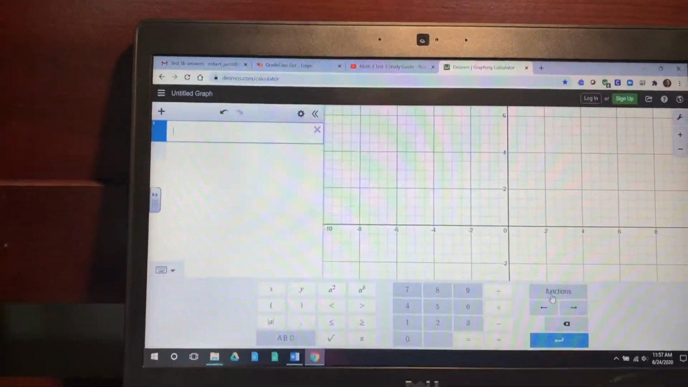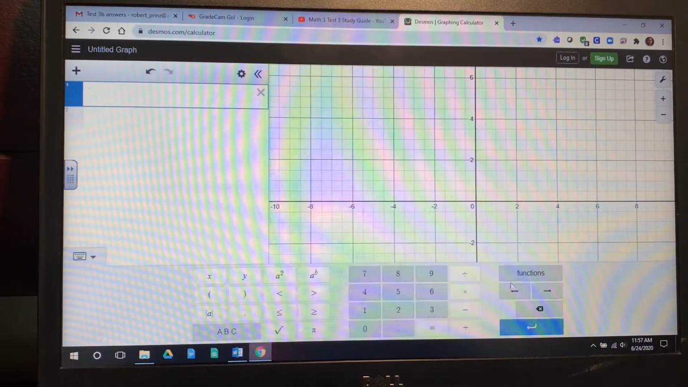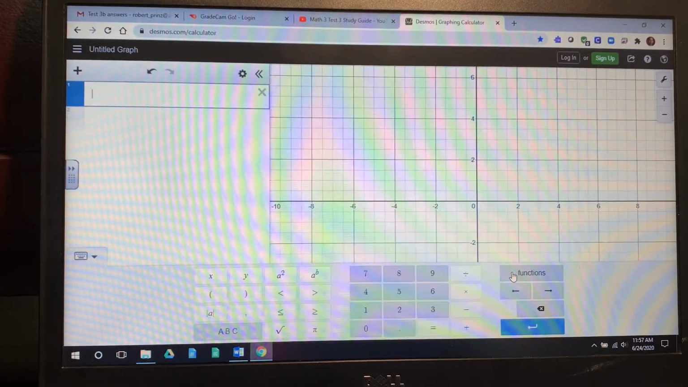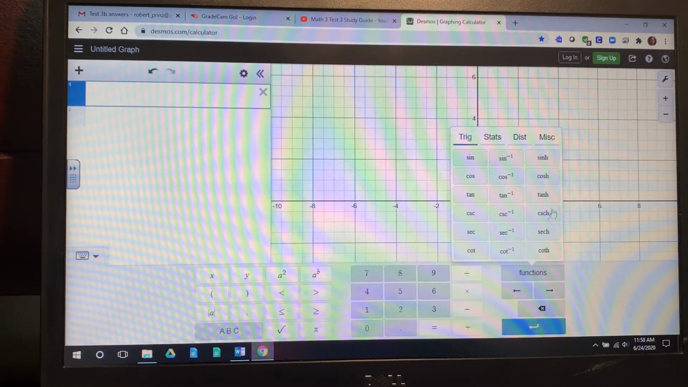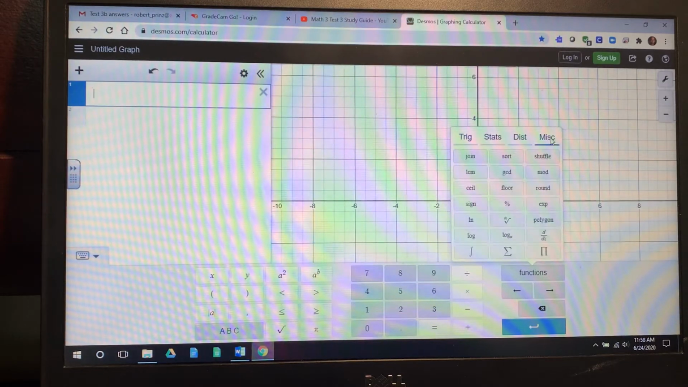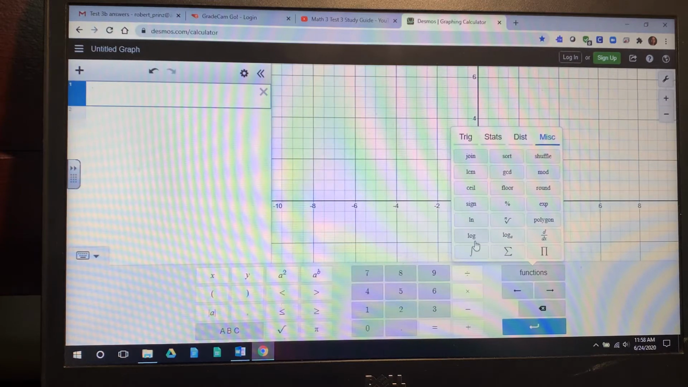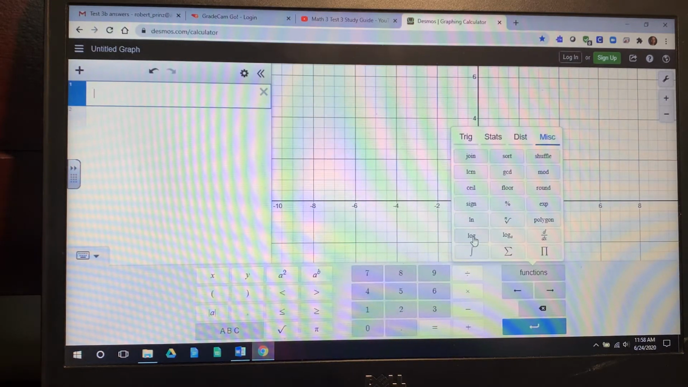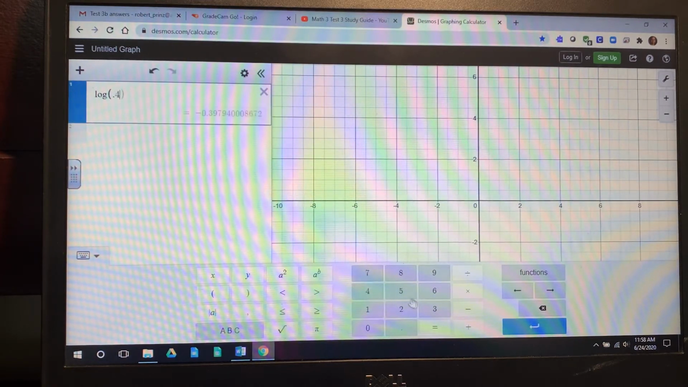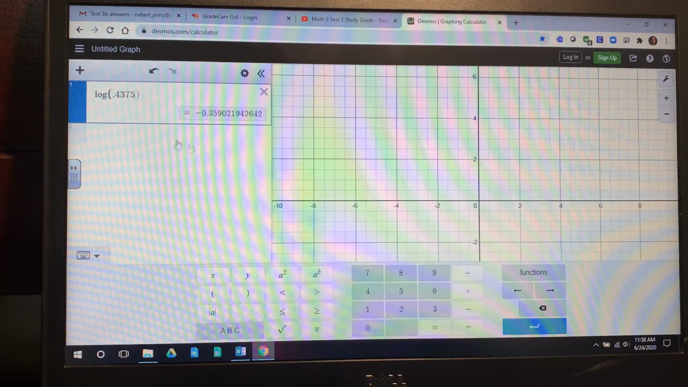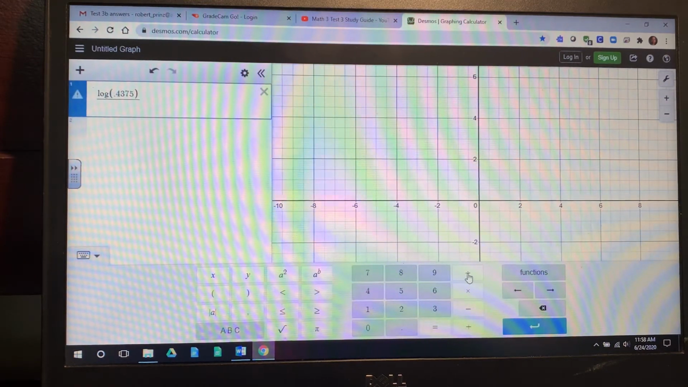Okay. Try to zoom in there. Now in Desmos, you have this button right here that says functions. Because right now on the screen, you don't see anything that says log. But if you click functions and you go to miscellaneous, there we have all different types of functions, and we want this log right here. So I'd say log, and the first number was 0.4375, and then I can close out the parentheses, and then say divided by,